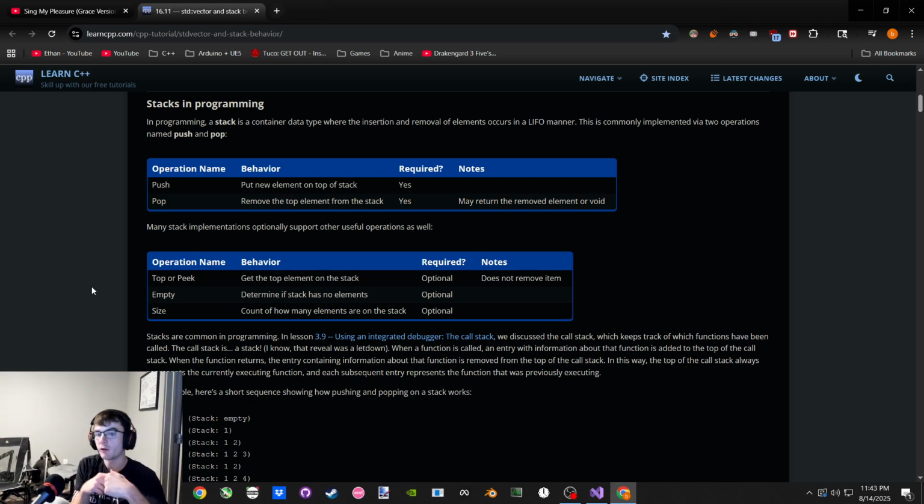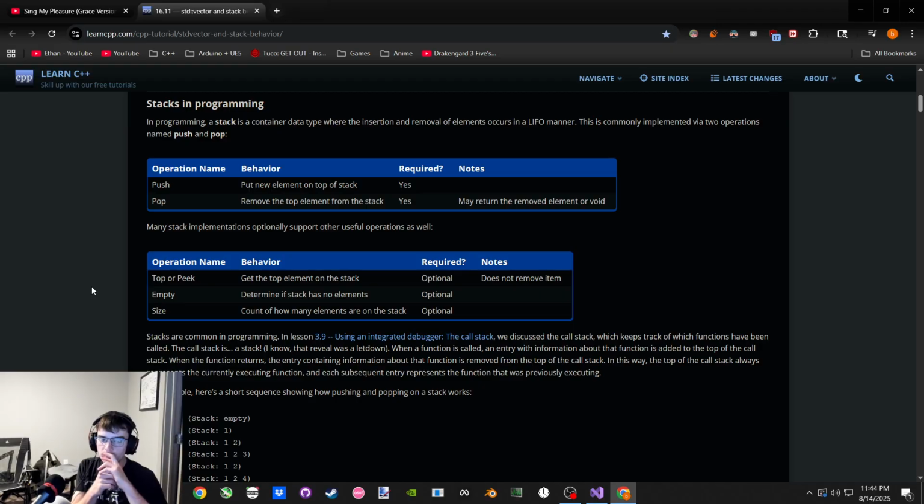There's something in there, maybe a function pointer. The call stack is technically a stack of pointer values. So we can say this pointer hasn't returned or hasn't evaluated to something yet, and we can check whether it's done or not. When the function returns, the entry containing information about the function is removed. Maybe the pointer points to an object that holds the address of the function and whether it has completed or not.